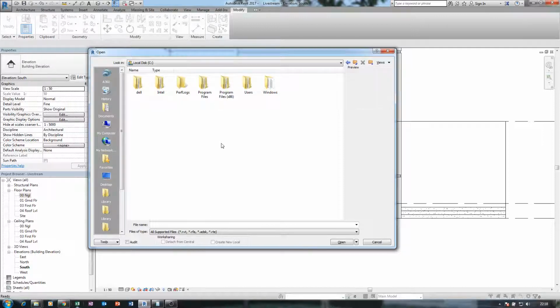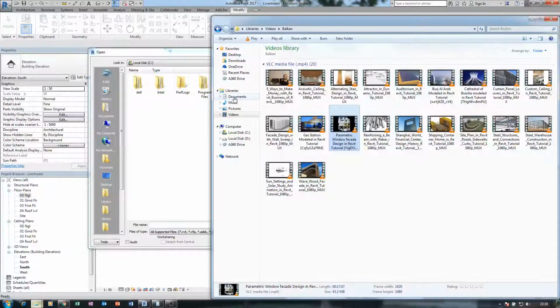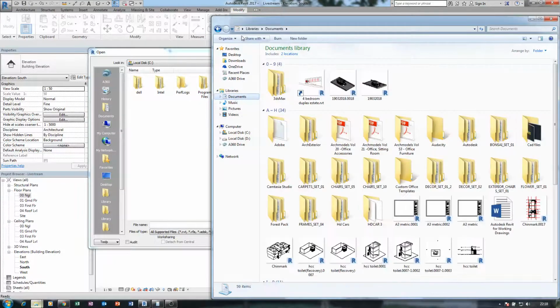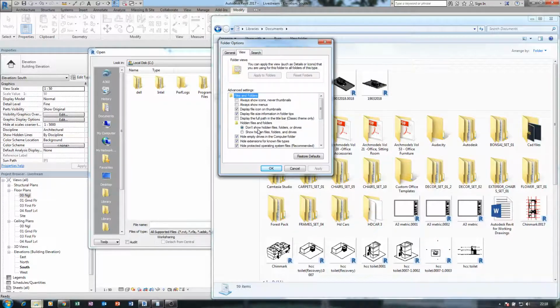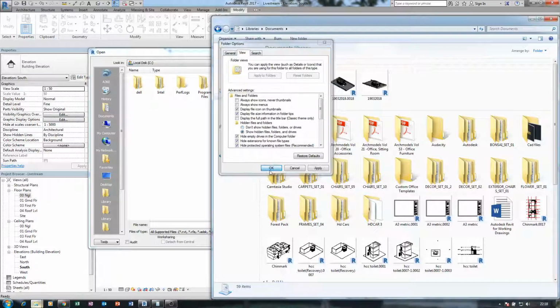Now I'm going to enable, where is that? There's some things I need to enable, so let me go to document, organize, folder and search option, view, show hidden file.